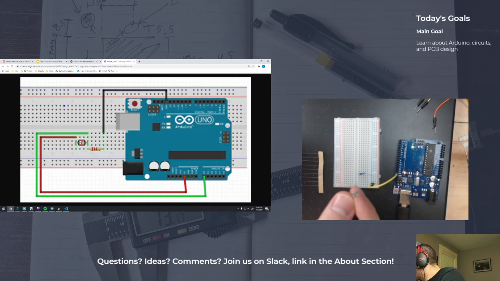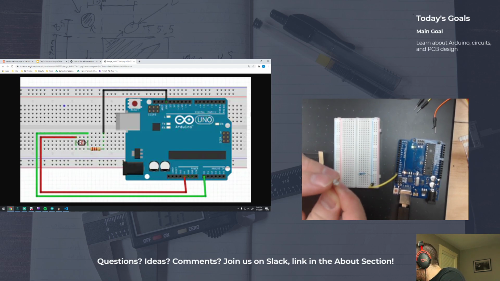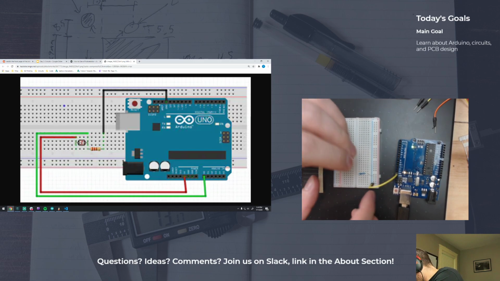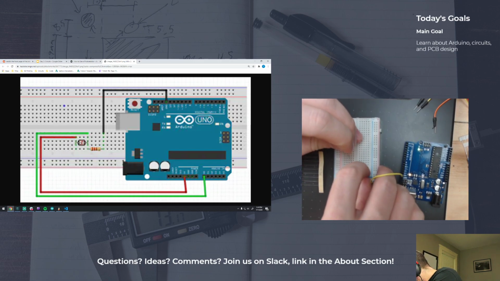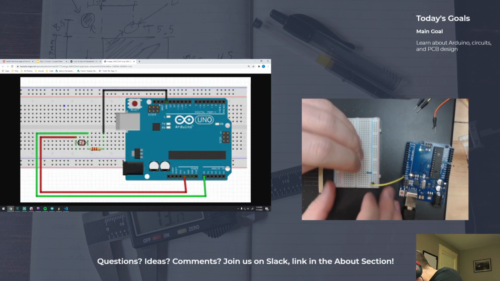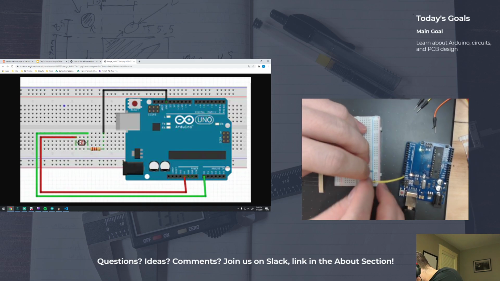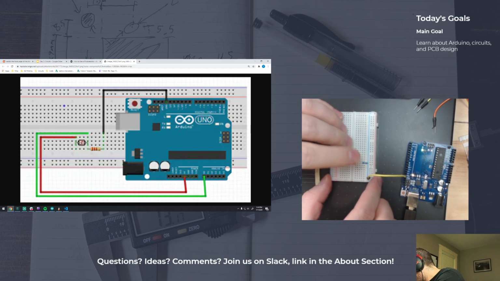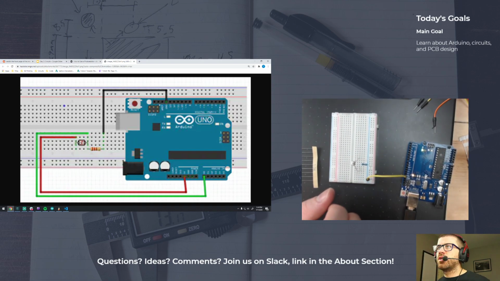And a photoresistor looks kind of similar to a resistor. It's got a circular thing on top, and that's where the light hits. It looks like that connects to the same row as the other side of the resistor. So I'm just going to move the resistor over a little bit so I can make room. Plug that in there. Cool, so now we have our photoresistor in line with the resistor, and the last bit it looks like is